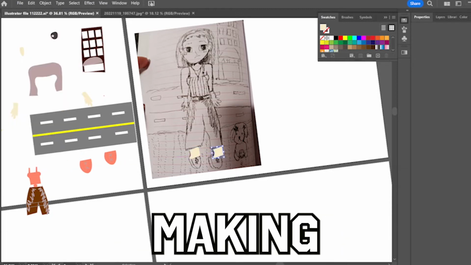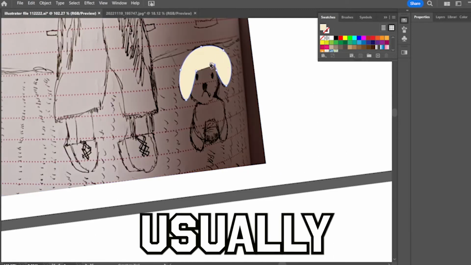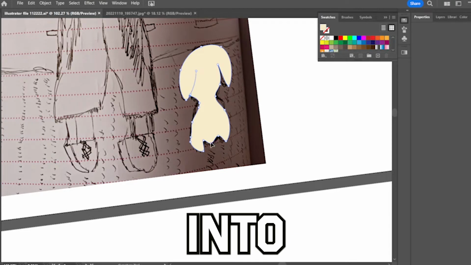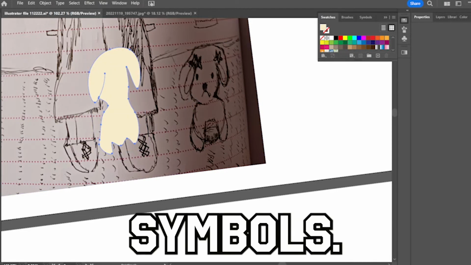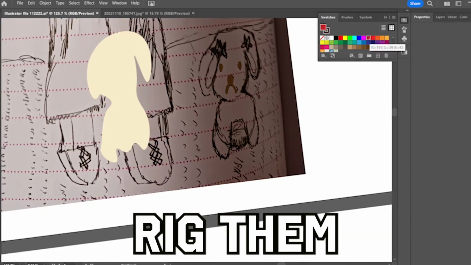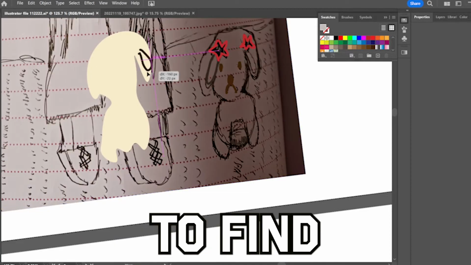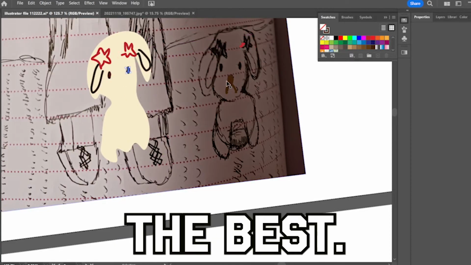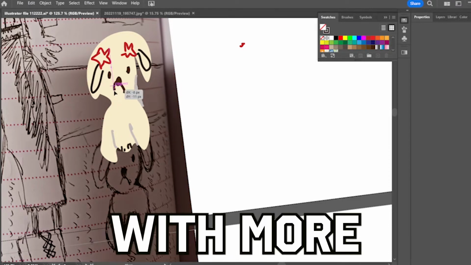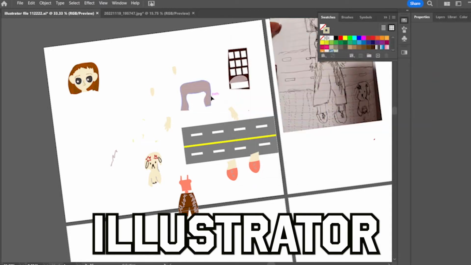So here I am making her ankles and her shoes. Usually you can separate each and every body part into different symbols, and then with the symbols you can rig them or put them together so that they move. But we all have to find the way that we animate that we like the best. And at this moment, it may change with more experience, I like to just make the animation in Adobe Illustrator,